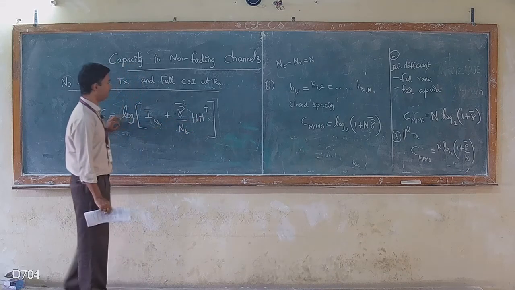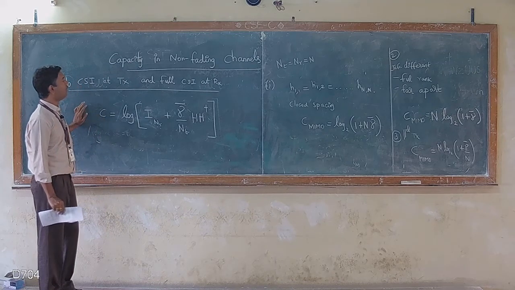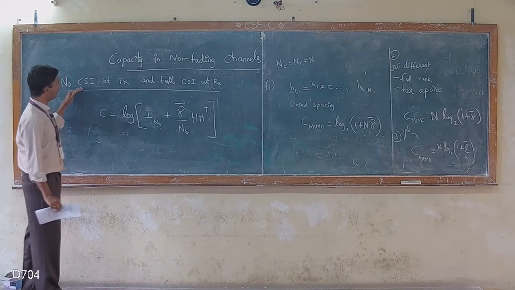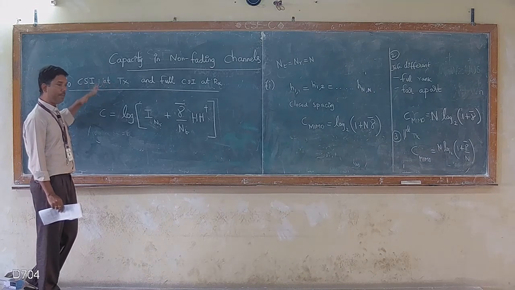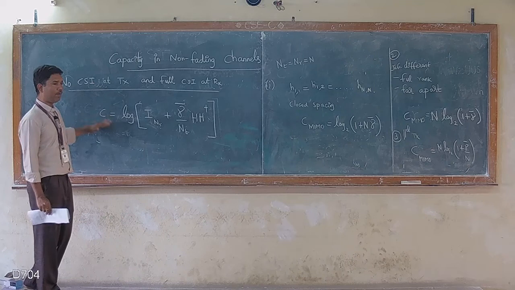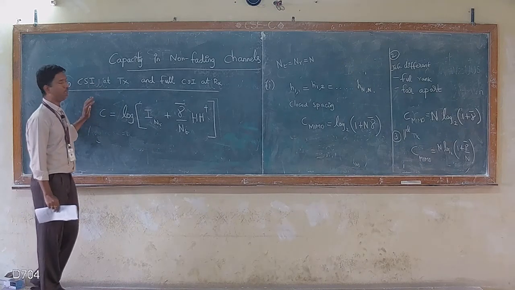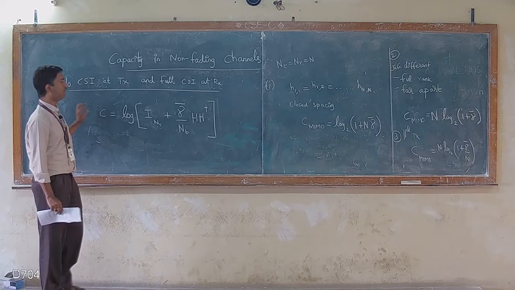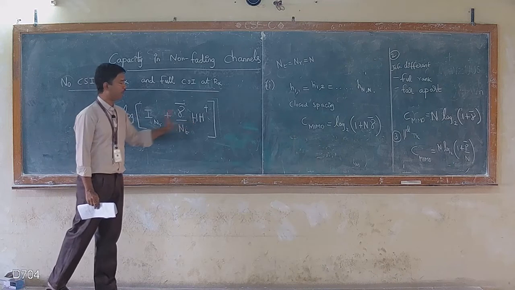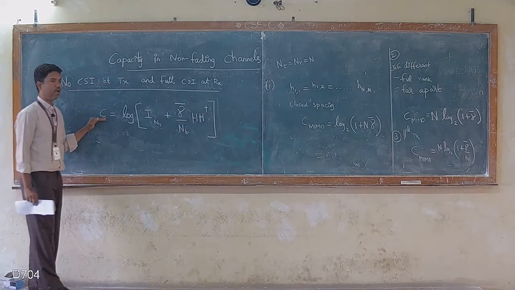So we are going to consider uncorrelated data stream transmission, and also since no channel state information is available at the transmitter, it is better to distribute the power equally among all the parallel channels. So equal power is allocated for all the parallel channels, and we are going to assume uncorrelated data transmission. In that case, the capacity of the